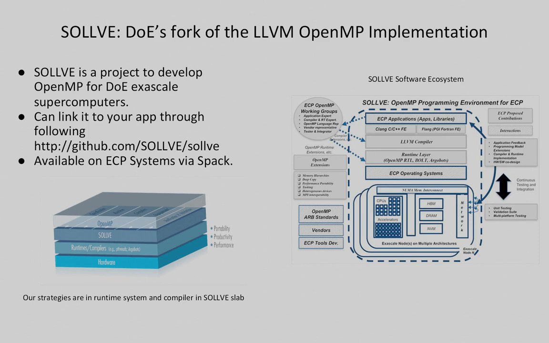Moreover, one can see the key components as slivers in this SOLVE slab. The slab particularly has a component of runtimes and compilers, and the work that we are going to talk about today is in the main runtime system sliver, as well as